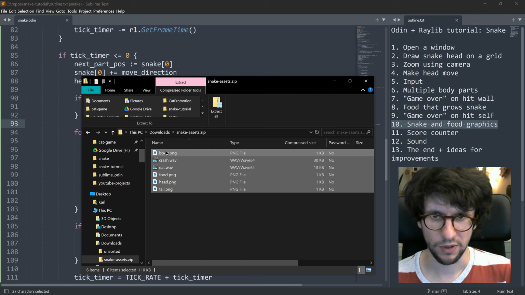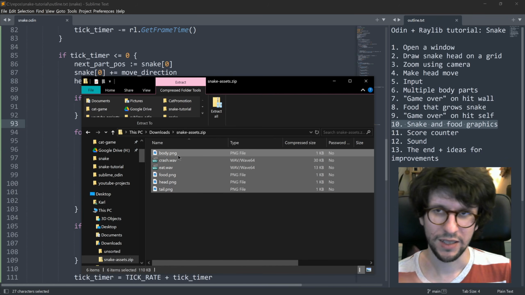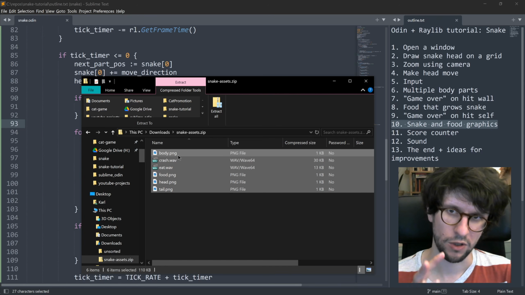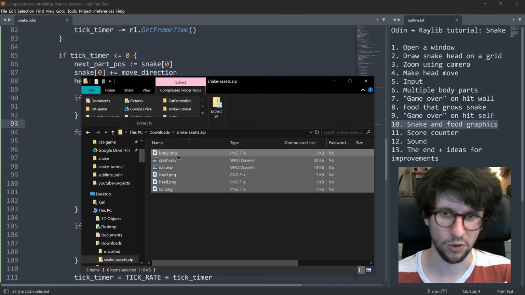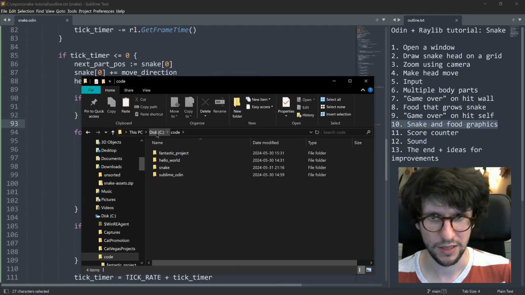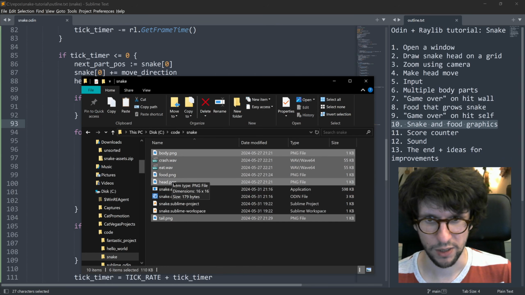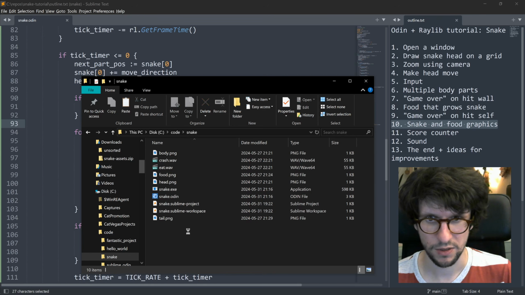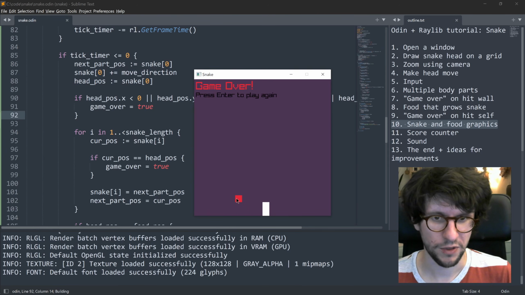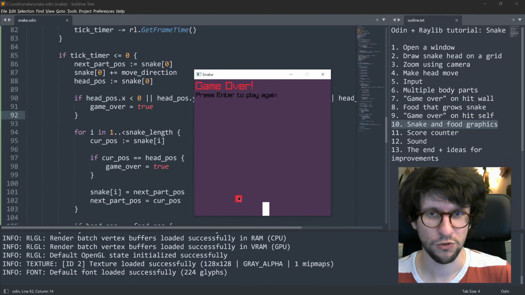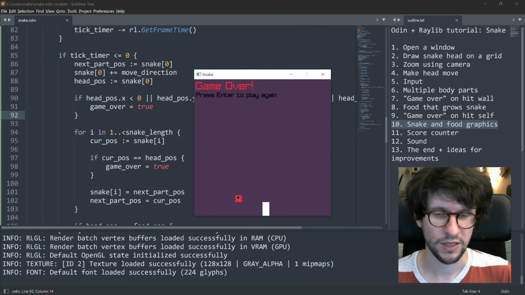We can select all that, press Ctrl+C to copy it, and then you go to the folder where your code is, where the snake.odin file is. In my case, it's in C:\code snake, and in here I just paste. So now I have my 4 images plus my 2 sounds. So let's start with swapping out this red square that represents the food with whatever is inside